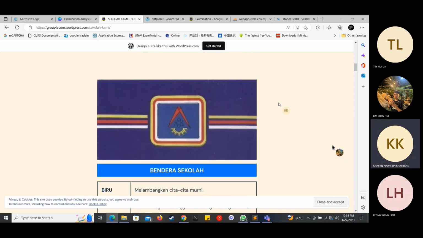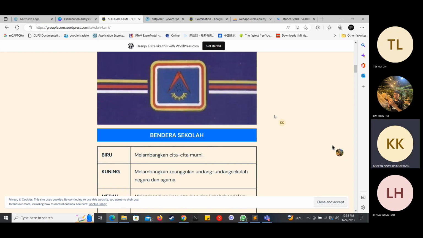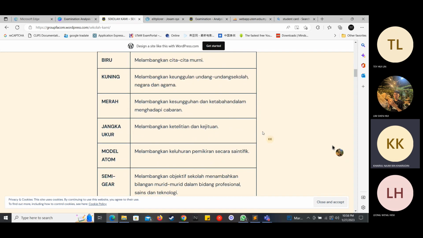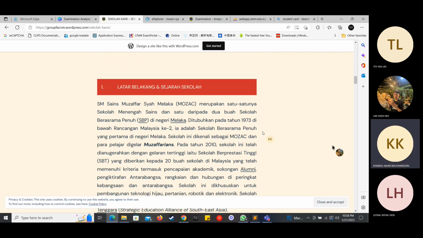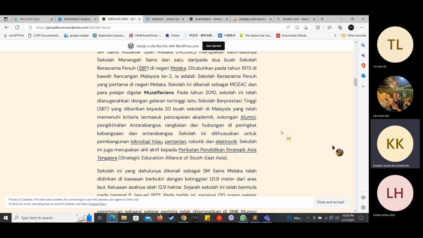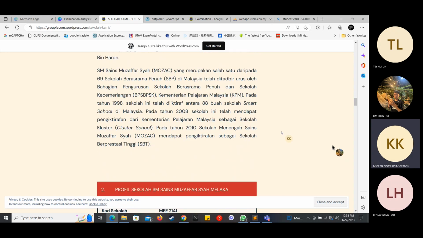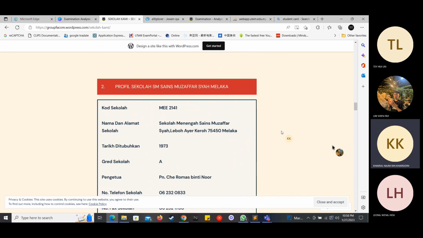And then after the badge, we also have the flag. There will be displayed the color of the flag and the meaning. And then after the flag, we will tell about a little bit of the background, or the latar belakang of the sekolah. And then after the background, we'll tell about the profile.